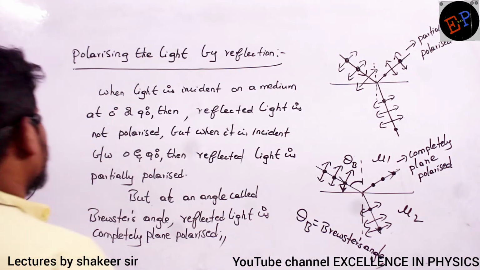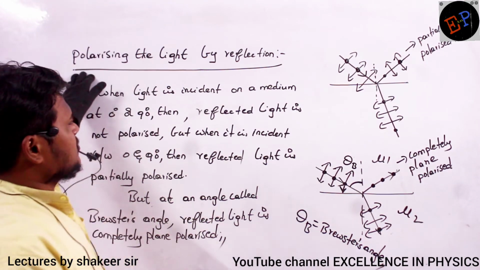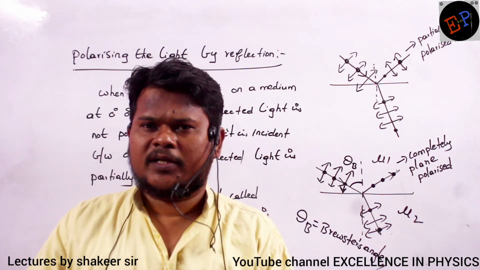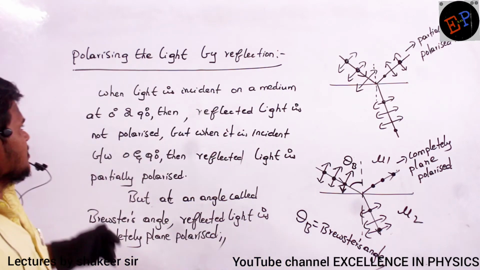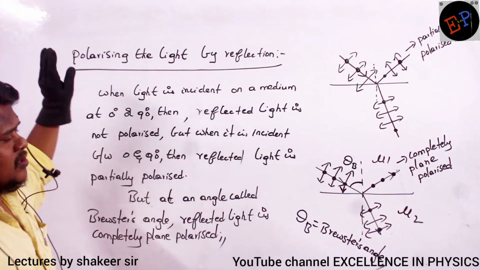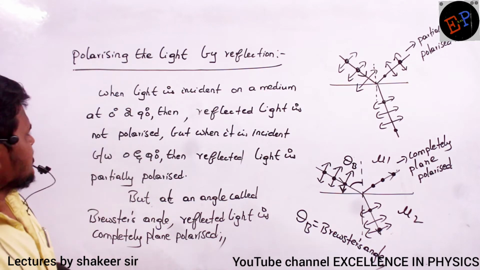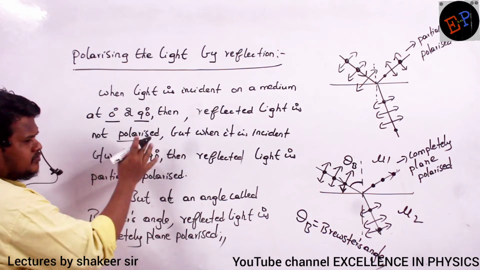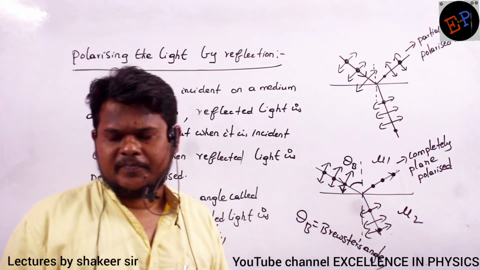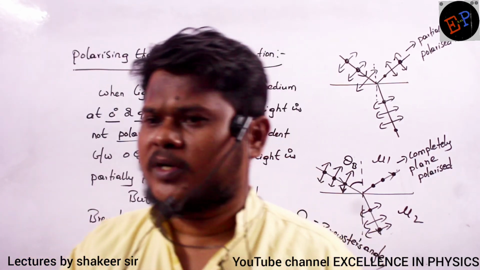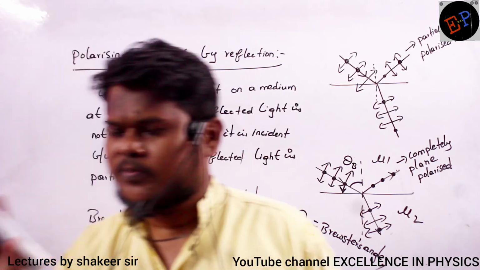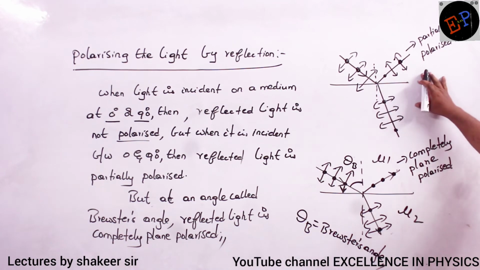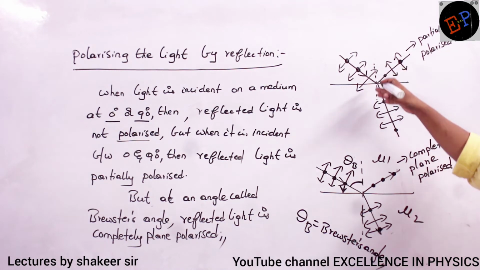See ma, now we have studied polarizing by using polarizers, no? How to polarize light using Polaroids, that we have studied. Now we are studying polarization by the concept of reflection also. See what happens: when you incident light at 0 degrees or 90 degrees, you don't find any polarization. Are you able to understand ma? But if you incident light between 0 and 90, then you can find some polarization in the reflected light. See, any light which enters a medium, always some light is reflected, some light is refracted.